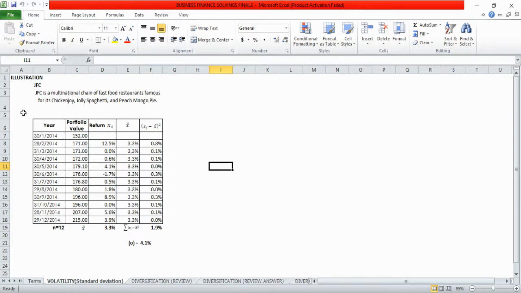For example, JFC or the Jollibee Food Corporation is a multinational chain of fast food restaurants famous for its Chicken Joy, Jolly Spaghetti, and Peach Mango Pie. So we have here the data given. Actually, this is also considered as historical data. So given the year, we have the dates, the portfolio value, which started at 152 pesos, and the return, we also